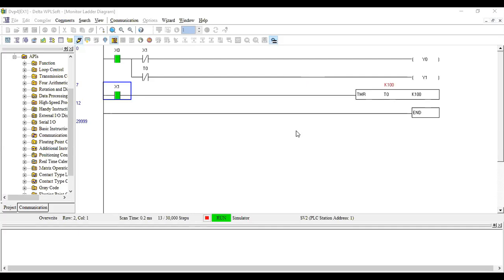Fine. So I'm not going into the internal configuration, how to enable registers. I'm actually looking for practical applications wherein we can use this kind of timer. Now we'll see the timers that are used in your Delta PLC. Particularly the PLC that I am dealing with does not have the retentive nature. Now we're going to simulate a retentive kind of thing. So what do you mean by retentive?